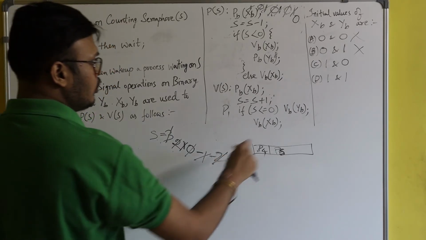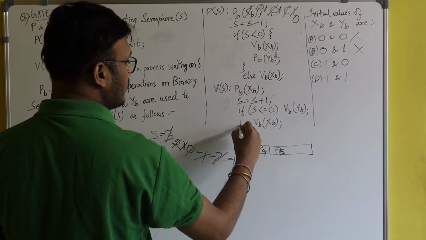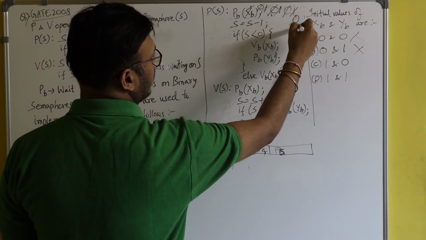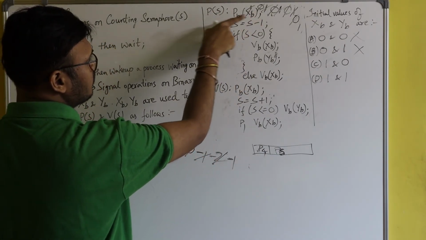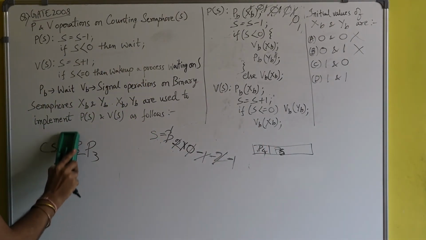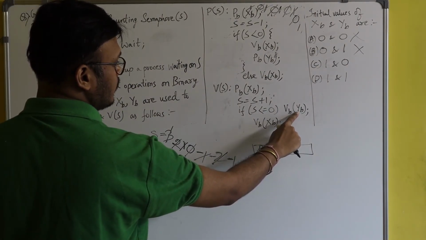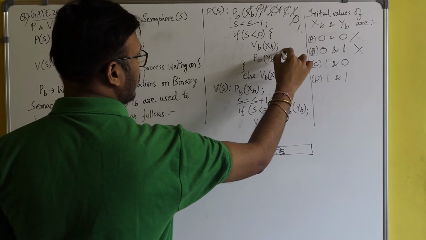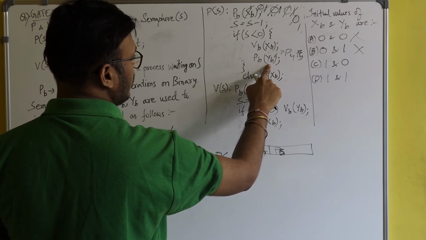P1 has made the value of YB as 1, and after that P1 will execute this line, so that again the value of XB will become 1, so that if other processes want to try, they will successfully execute this code. After this, P1 came out from the critical section. So the task of P1 is completely over. And since YB has become 1, it means the processes P4 and P5, which got blocked here due to YB being equal to 0.